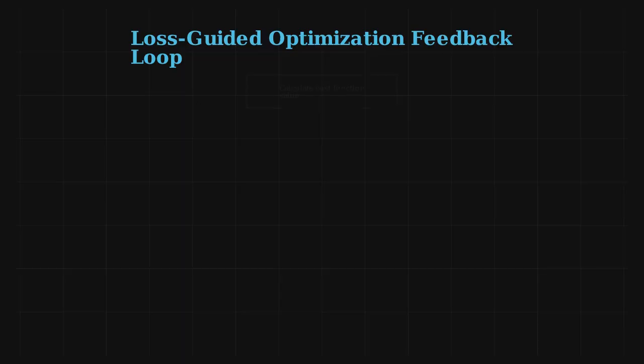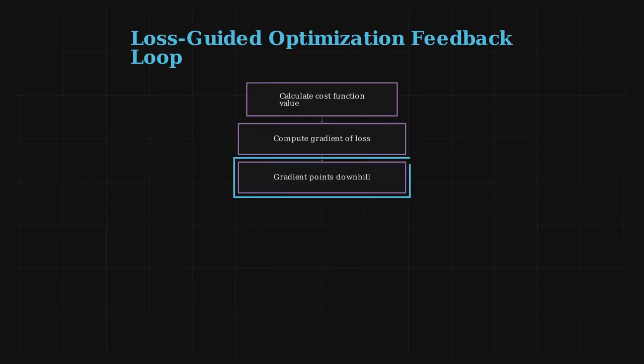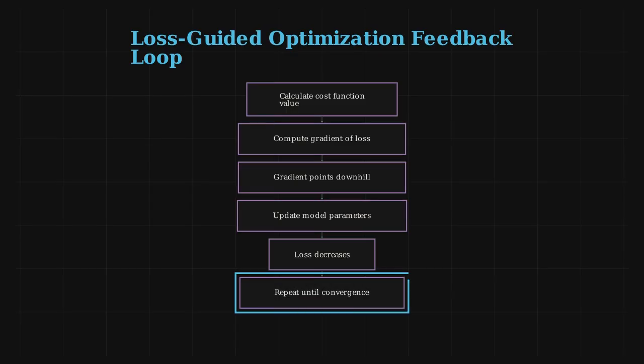The cost function doesn't just measure error, it actively guides learning. During training, the model calculates the gradient of the cost function with respect to its parameters. This gradient is a vector pointing downhill toward lower loss. By following this gradient step by step, the model progressively reduces its penalty score. This feedback loop, calculate cost, compute gradient, update weights, repeat, is the core mechanism of how neural networks learn